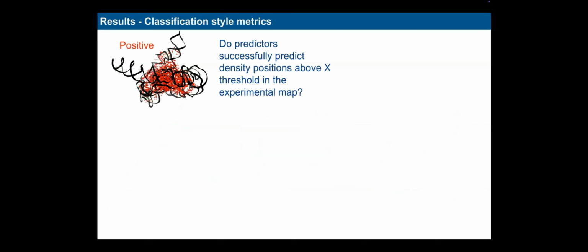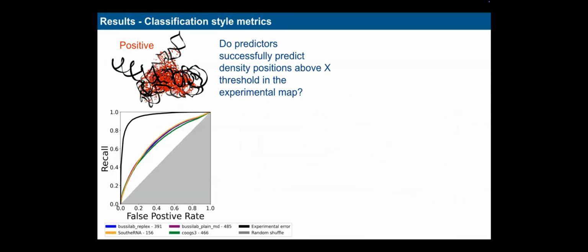We can also do a classification-based ranking. So if we essentially take our experimental data and say we want you to predict everything that is above 3 sigma in density value, we take these as our positive voxels, so voxels that we think predictors should predict an ion or water in. And then we ask, do predictors successfully predict these density predictions? And we can do simple ROC curves for this and calculate the area under the curves to get a comparison